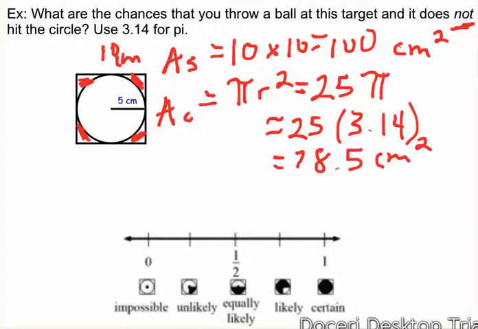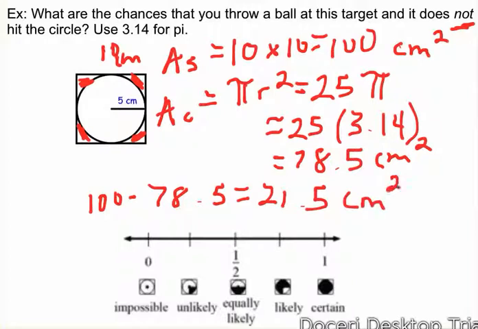Okay, so now we have the area of the circle and we have the area of the square, but we need the difference between the two. So the area of the region outside is actually 100 minus 78.5. And that actually gives us 21.5 square centimeters. So what we need to do now is find out what percent of the entire square is